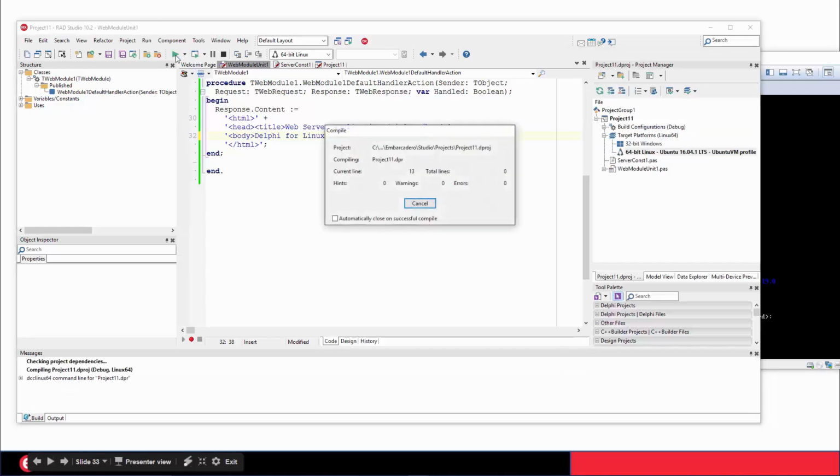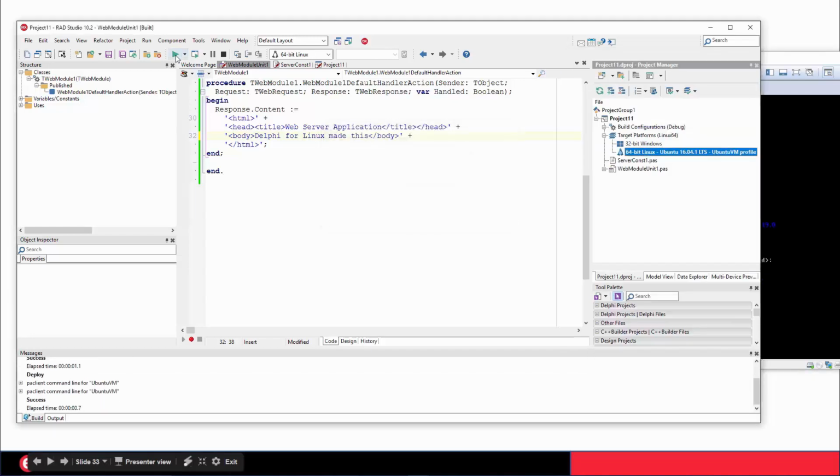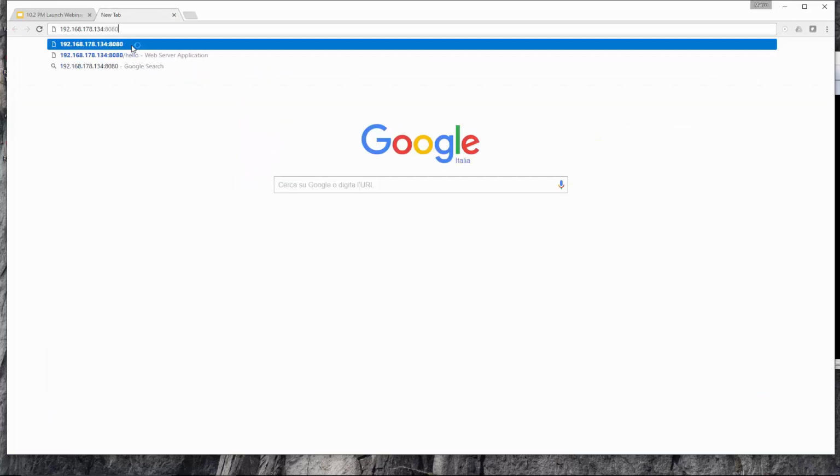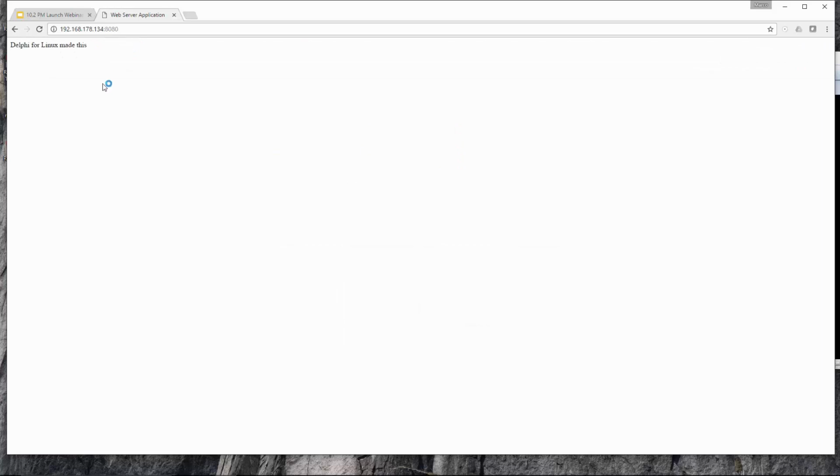Let me do that and restart and deploy the application. The server should automatically start. And so now I can open my browser and go to the port 8080 on that Linux machine. The port is 8080, and this is my simple HTML response from the